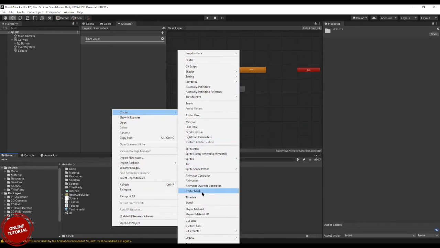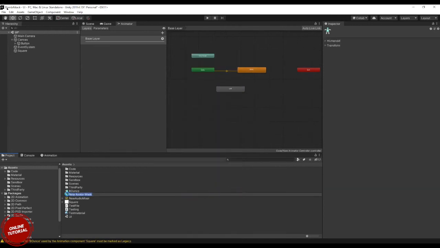Okay, then the avatar mask is something which, from an animation perspective, you use if you want to mask the animations of a character and apply them on another character. You have two objects and you want to apply the animation of a character to another one, and also mask some of its properties. Let me show this. Okay, this is a humanoid character.